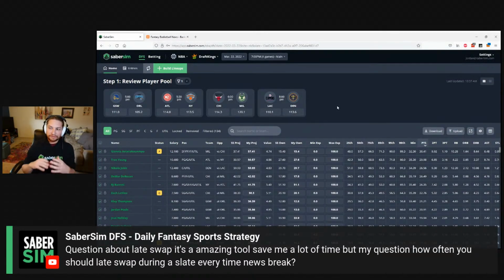And if you're not even comfortable following how often a sim runs or how often this timestamp is changing, you are never going to hurt yourself by over late swapping. Even if your original lineup may have outperformed the late swapped lineup, that's just bad luck, bad variance. That can happen in the opposite direction just as easily, where the lineup you swapped to scored better than your original lineup, even though no news changed, right? That's purely luck. At worst, late swapping when you don't need to is neutral EV, right?